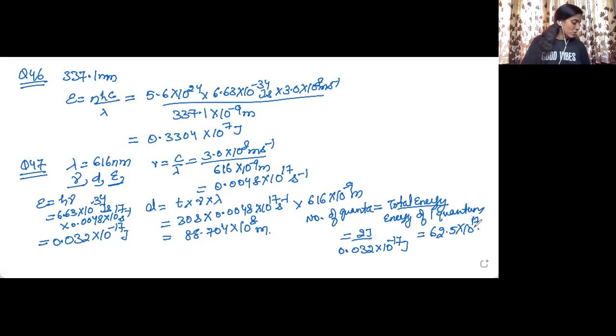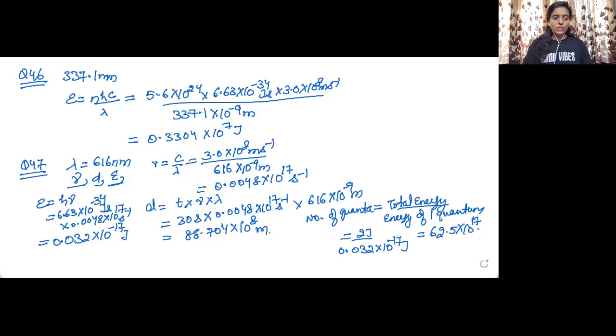So question number 48 is on the next page. It states that in astronomical observations, signals observed from the distant stars are generally weak. If the photon detector receives a total of 3.15 into 10 raised to the power minus 18 joule, that is, we have been given how much energy the detector is receiving from the radiation of 600 nanometer. So the wavelength of radiation is 600 nanometer. The total energy received by the detector is 3.15 into 10 raised to the power minus 18 joule. We need to calculate the number of photons received.